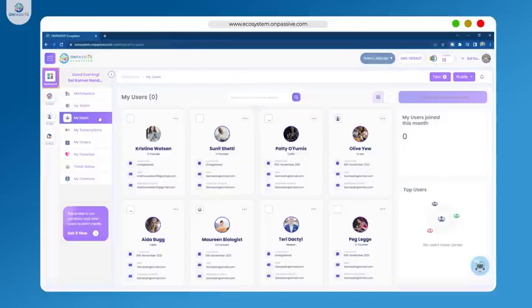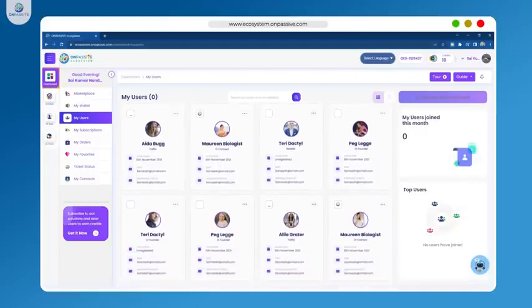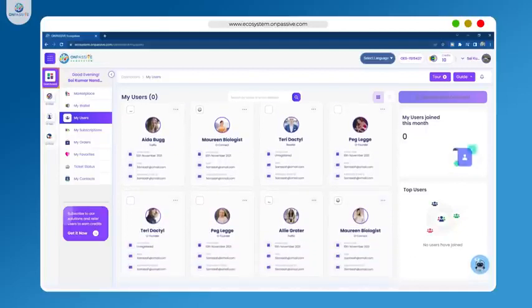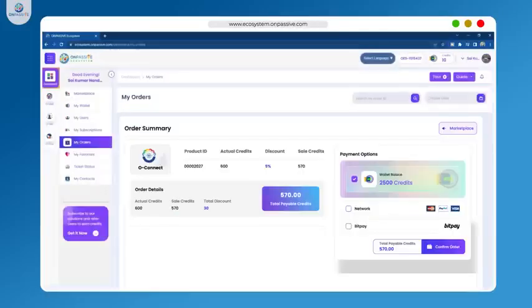Then there is the section of My Users that gives you quick access to your connections, allowing you to manage your network and grow your online presence. There is a My Subscriptions section where you can easily manage recurring payments and ensure you get the most out of your ONPASSIVE experience. The My Orders section provides a convenient place to view all your orders and track the